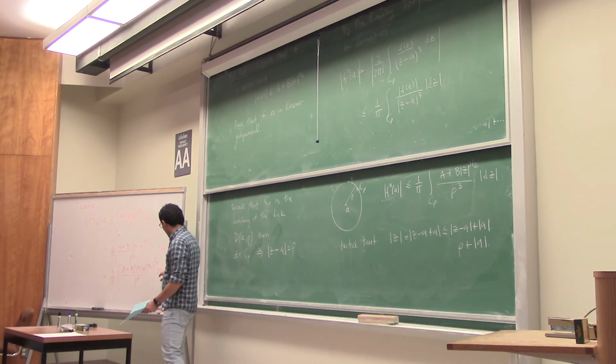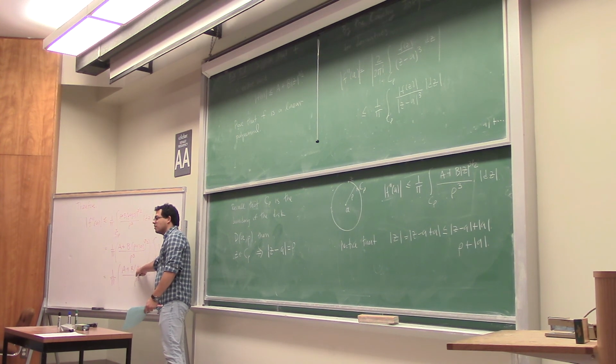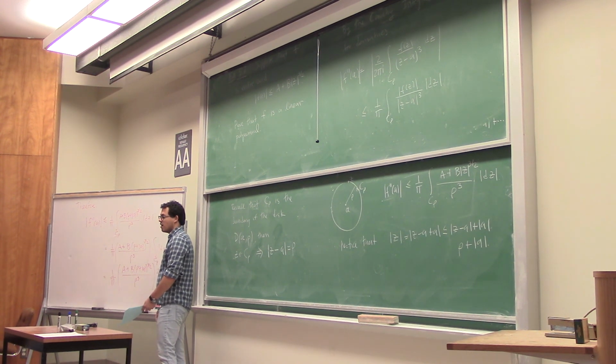That means that you are able to take the limit as rho goes to infinity here. But what happens? What is the power of rho on the top here? 3 halves, so rho is of order 3 halves on top. On the bottom, one of these rhos cancels, so rho has power 2. So the bottom has more weight in rho. So when you take the limit as rho goes to infinity, that part goes to